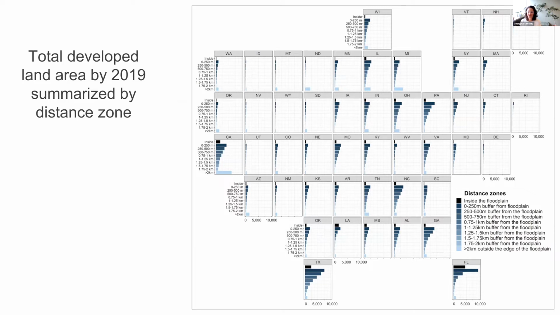State level development trends are also very insightful. And we see the same exact signal. Total developed land increases from the farthest to the closest distance zones. And of course, the peak at the 250-meter buffer is more evident for some states than others. And Florida most definitely stands out, Georgia, Texas. And keep in mind that this is absolute developed land, so total absolute developed land. So of course, states that are larger in size and more developed will see greater values.